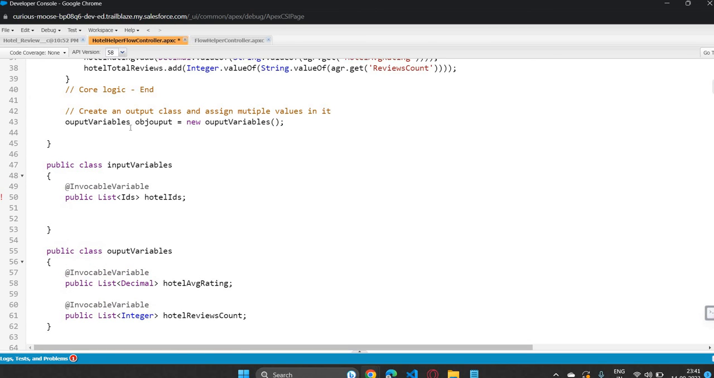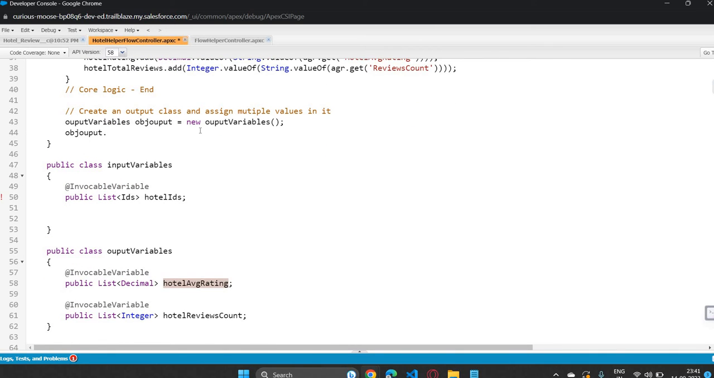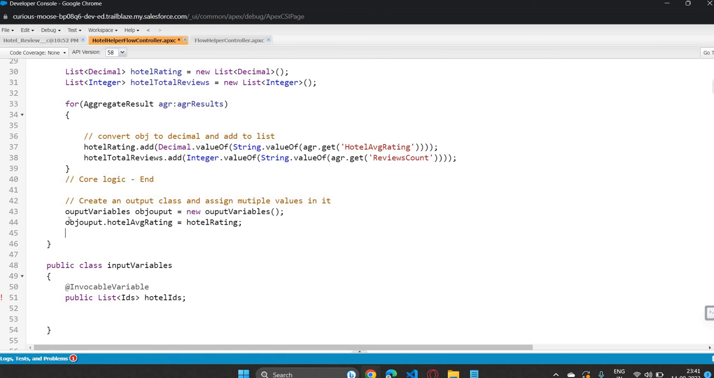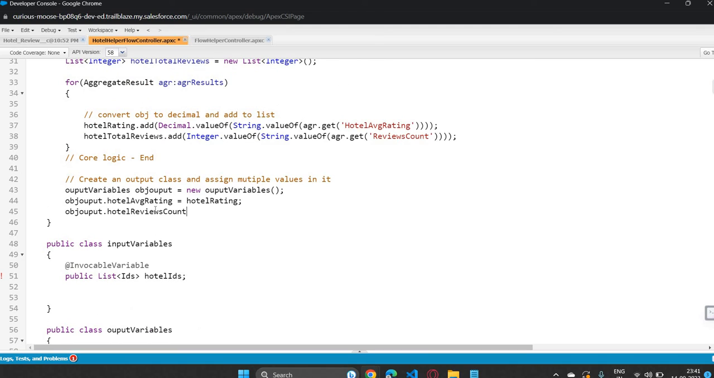So now what I'll do is I'll use this class dot. In that class we have hotel average rating, which is equal to whatever value we computed, and also added that hotel average rating into a list, let's simply add it. Okay, so I'll say obj output dot hotel reviews count is equal to the computed value. That's it. So this is how you just pack your output